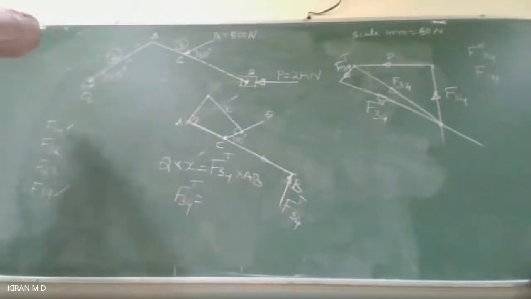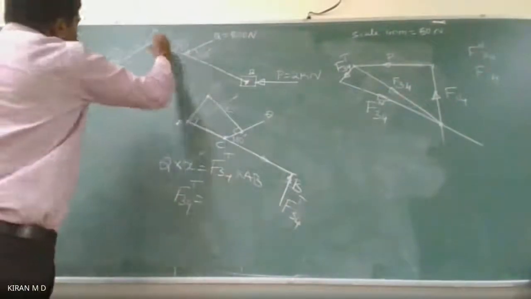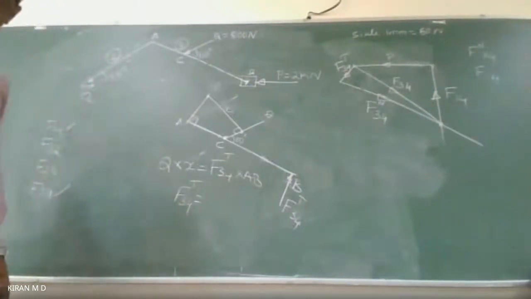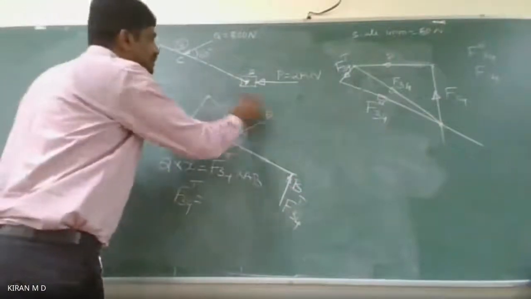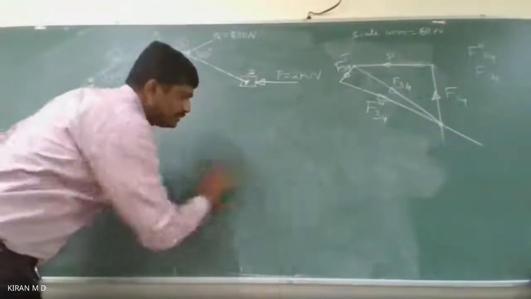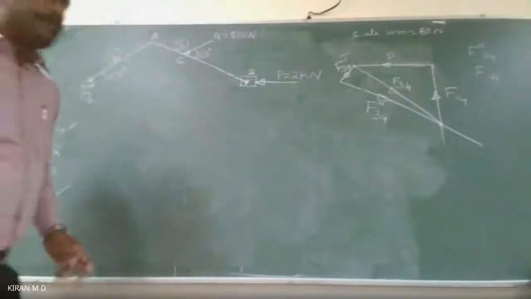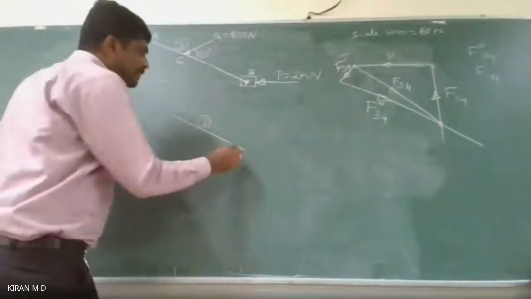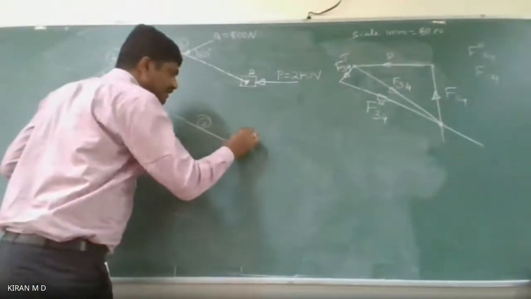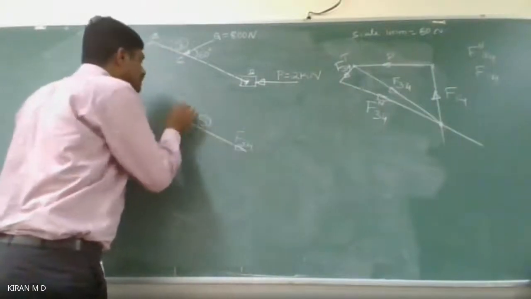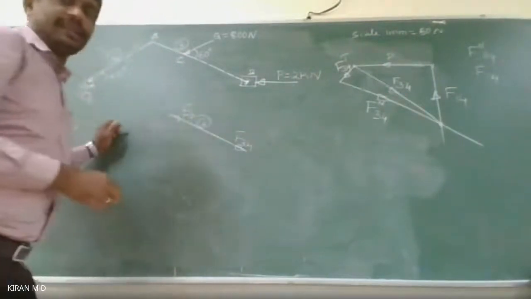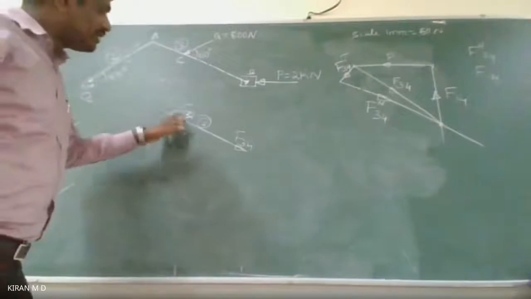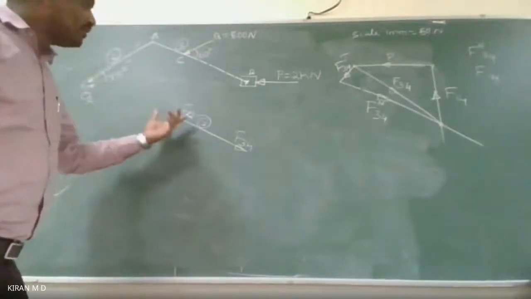In the first problem we solved, there were only two forces acting on the connecting rod. Shall I erase this also? Okay, I will erase this also. So we know that in the previous problem this is link 3, under the force F34. So this should be F23 or, sorry, F32. These should be equal because there are no additional forces.